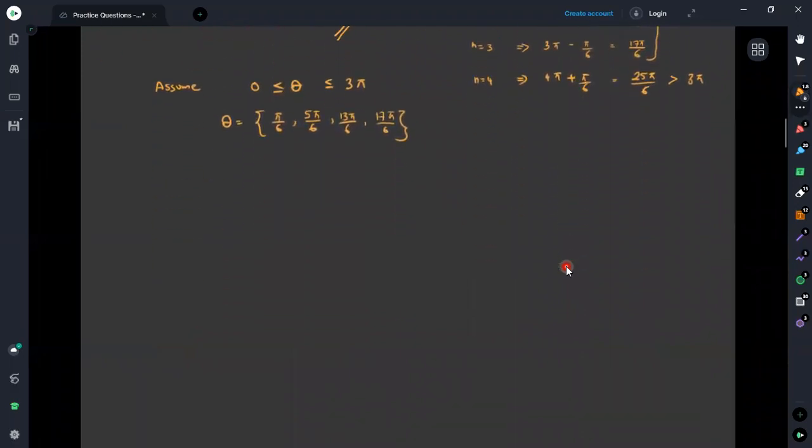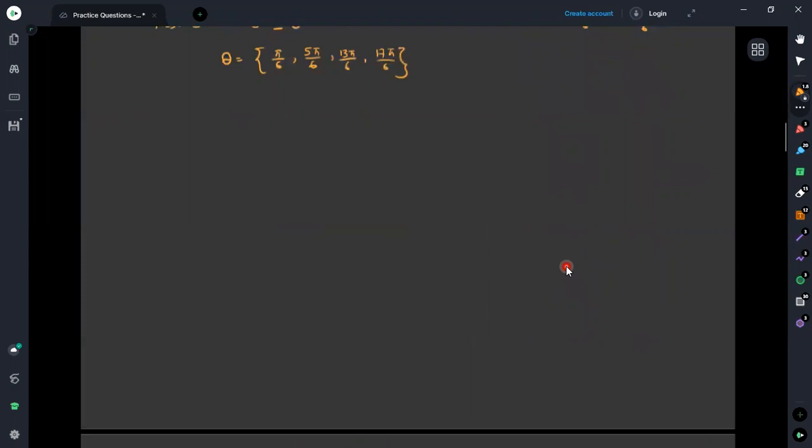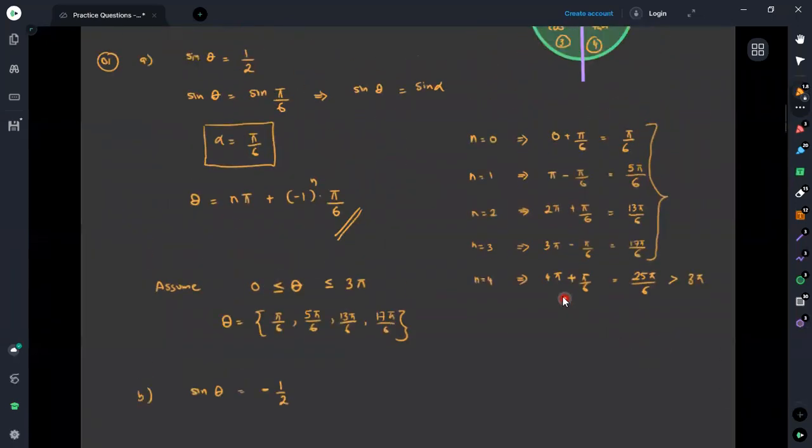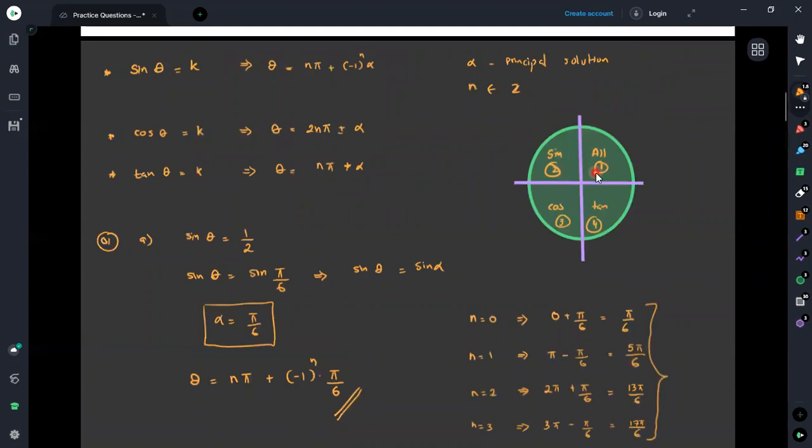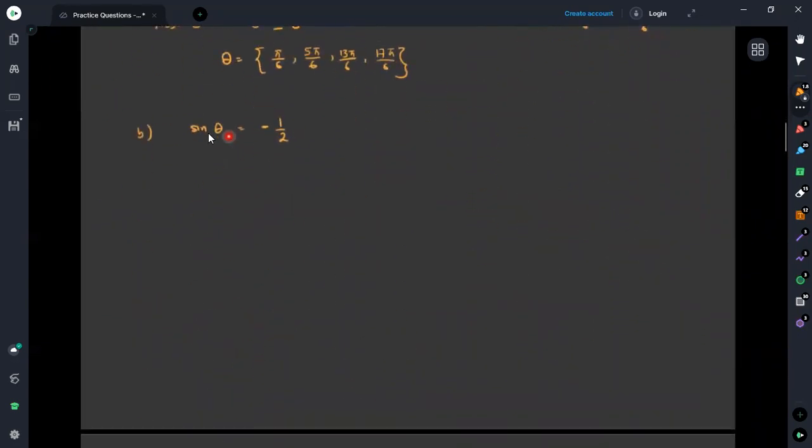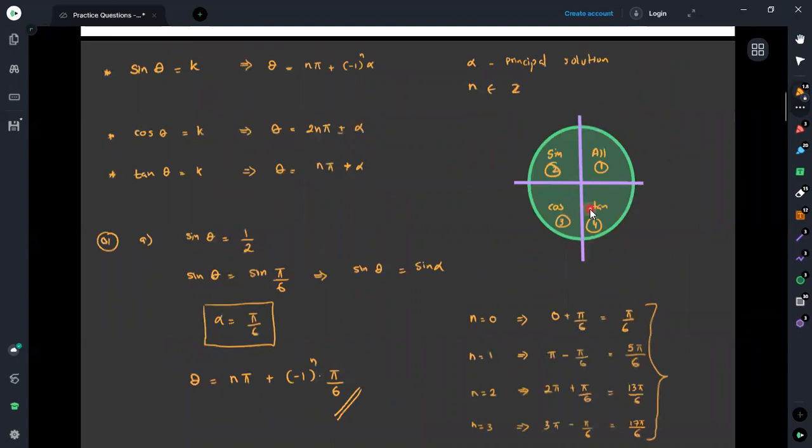Here we can find the solution for obtaining sine theta. The next one is sine theta is equal to minus half. Here we need to find the value. What we know is that for minus half, we can take the smallest value in the fourth quadrant, because now we know that the sine function gets a minus value in the third or fourth quadrant. Therefore we have to always identify the least possible value as the principal solution.